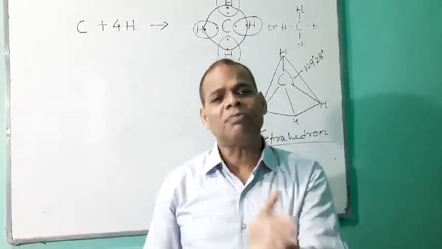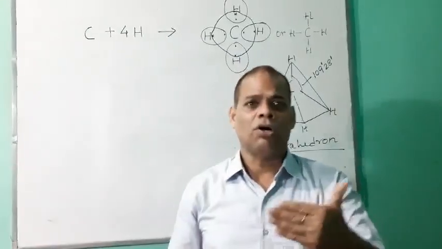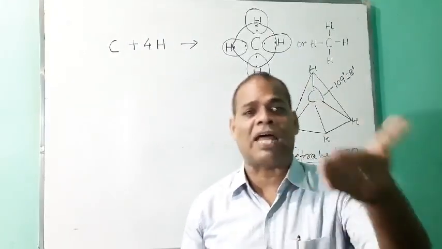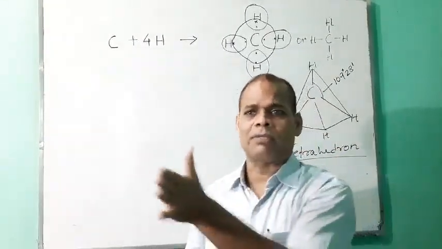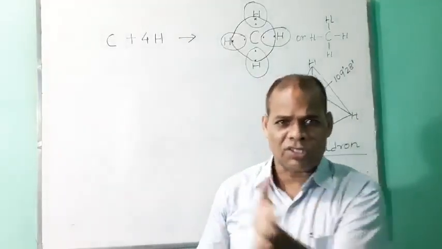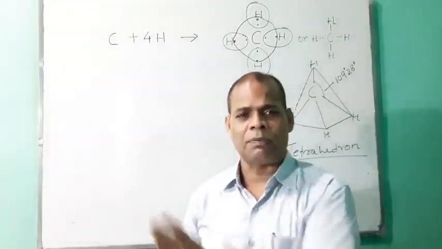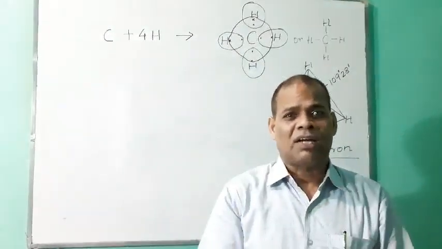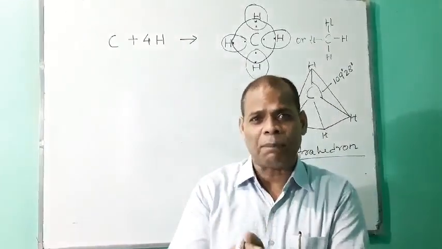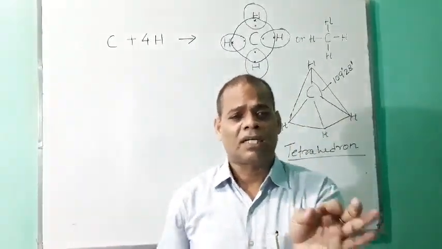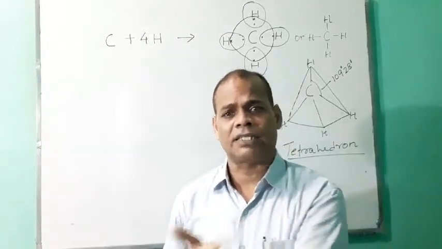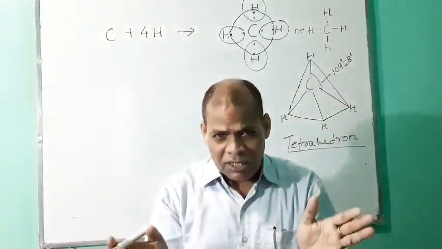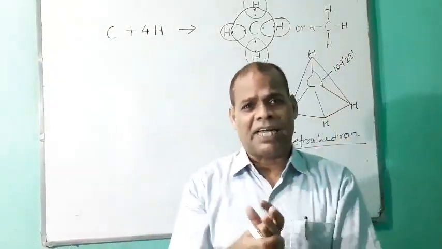One atom can combine with other atoms of the same element, like carbon, carbon, carbon, oxygen, oxygen, sulfur, sulfur, silicon, silicon. If this type of linkage takes place, then we say this element has a catenation property. So carbon, out of 118 elements,